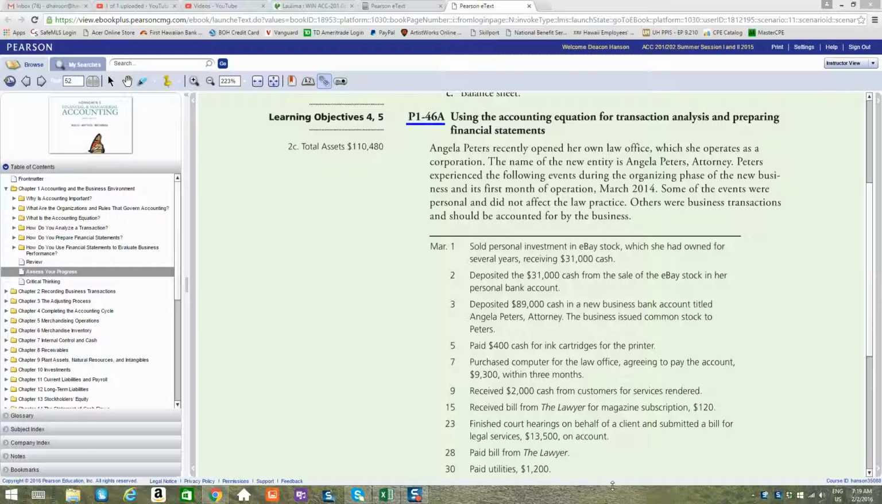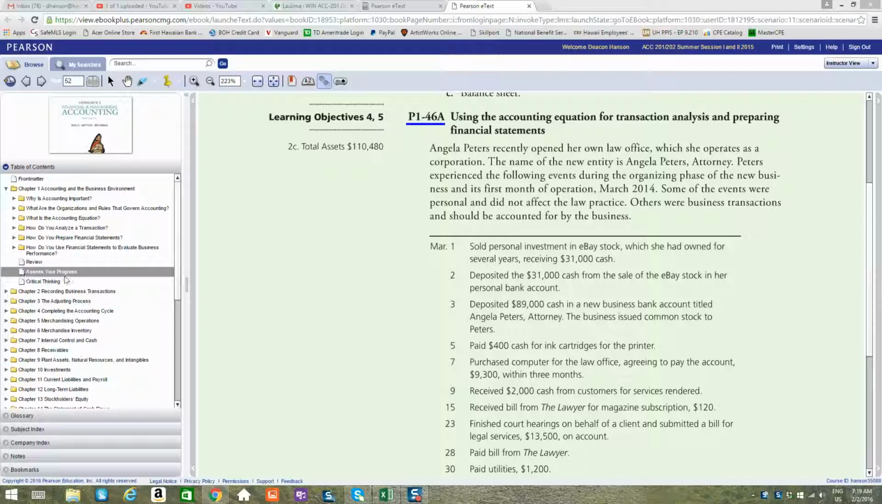I'm over here on page 52 of the electronic textbook from My Accounting Lab, and I'm going to give you an example of how you can review for the test. So I picked one of these problems. This is problem 1-46A. It is not one of your homework problems, but you can find it at the back of chapter 1. So you see how I've drilled down chapter 1 and I went to the assess your progress